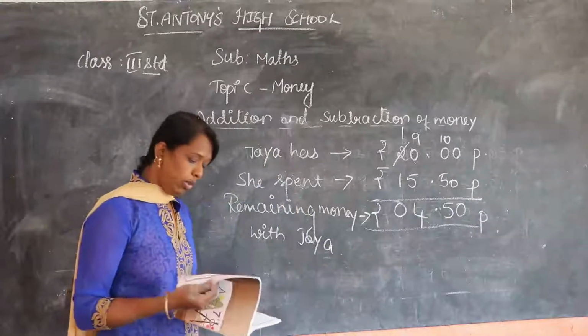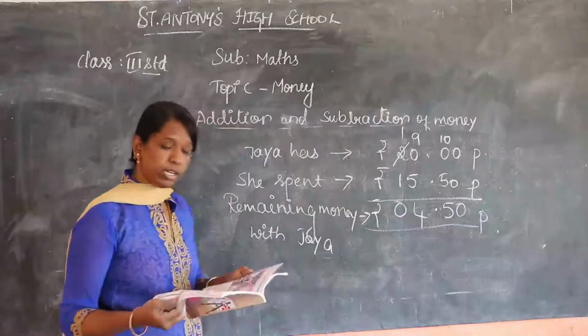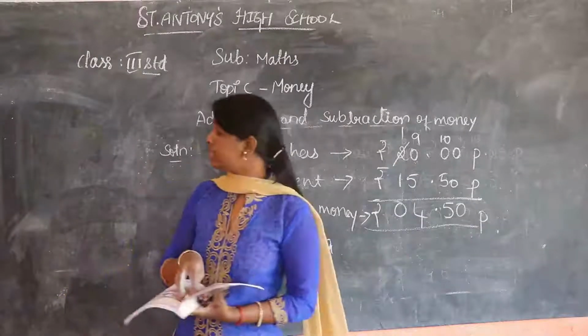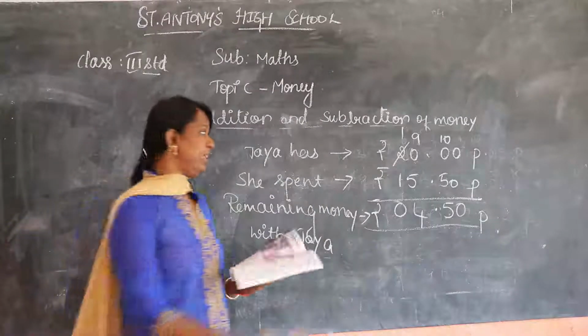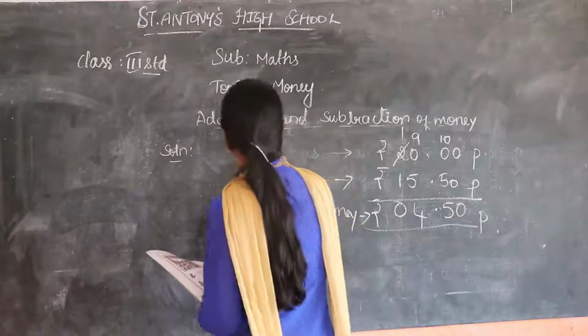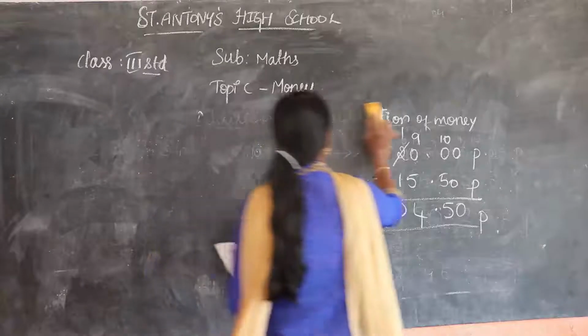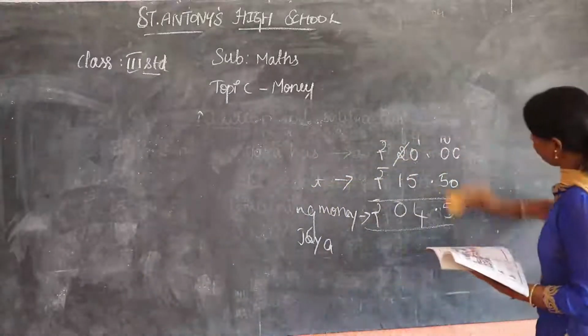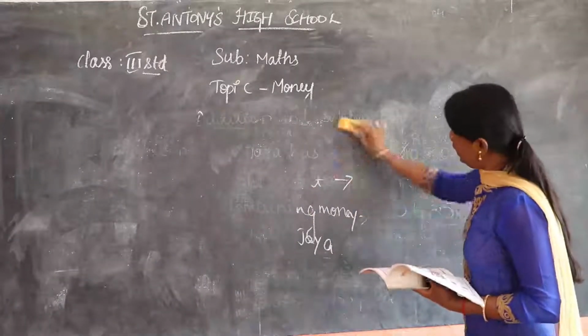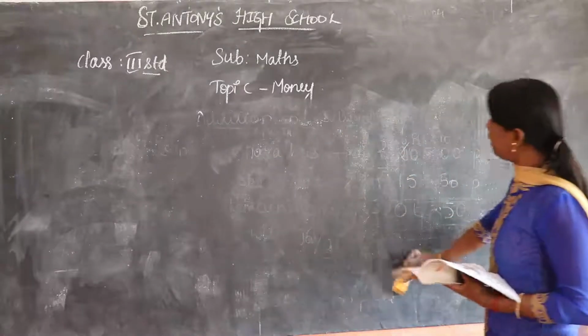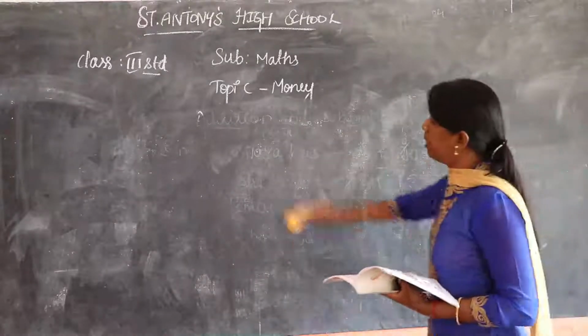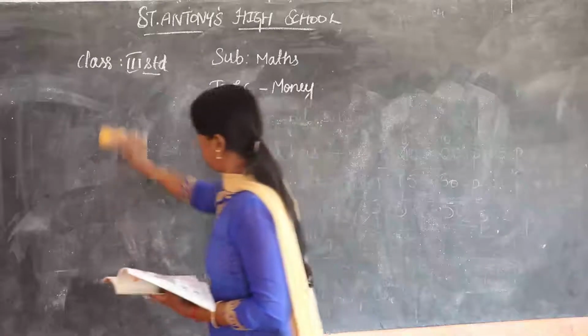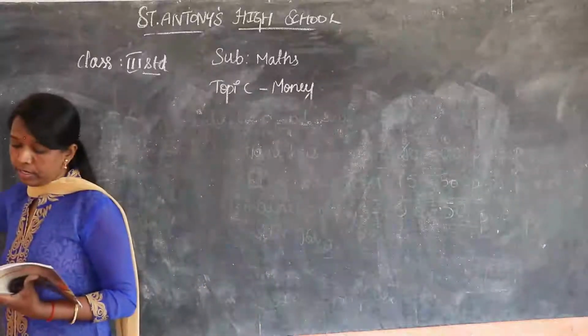Okay? So all the fillings you have to fill in your pencils. Next the important topic is price list. So if you buy some things in the shop, the shopkeeper will give you a bill. Is it right? So the bill includes all the quantities and all the amount or rate of the given quantity.